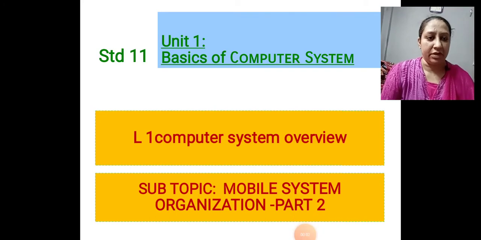Today we are going to start the topic called mobile operating system, which is one of the subtopics in your lesson number 1. Already there has been one chapter made. Already we have discussed this in the first part, the core functions of your mobile operating system without which the mobile cannot run, like ASP, memory, processor. All these things were taught in the previous class, but those were the primary functions necessary for your mobile operating system must to have it.